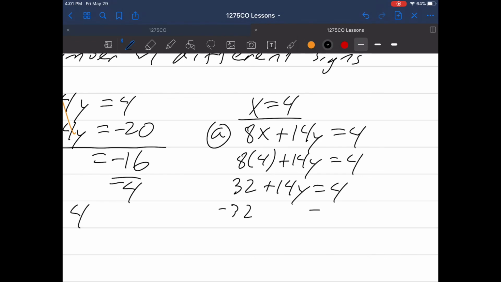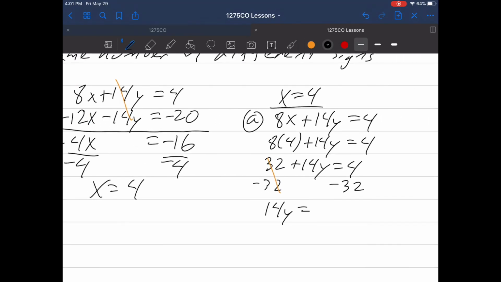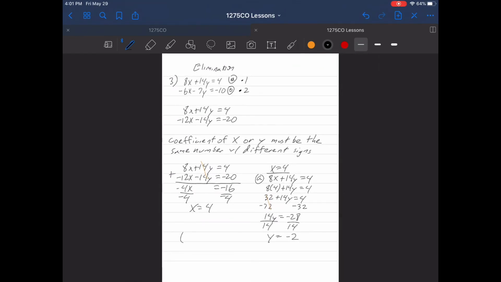Subtract 32 from both sides. 14y is equal to negative 28. Divide by 14, and y is equal to negative 2. And this is our answer, 4, comma, negative 2,